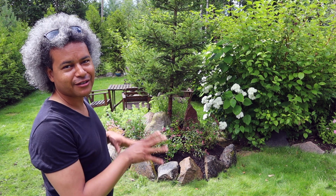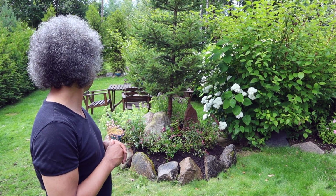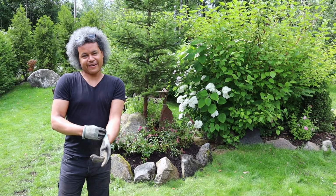I just want to go out and find a couple more rocks now to fill in the gaps, and then I'll be ready to take you in for a closer look. I've even put my ceramic blue pot back in its place on the side, and it looks just wonderful with that succulent plant in it, with its white flowers. It really is looking gorgeous. So now I have the last